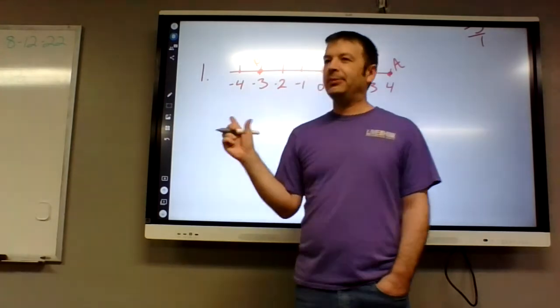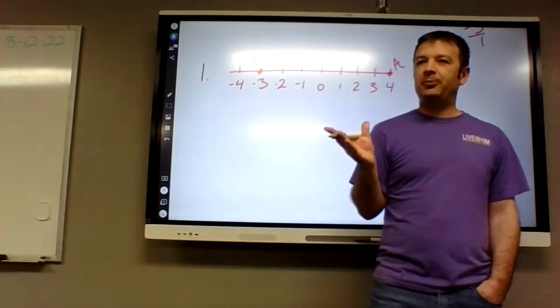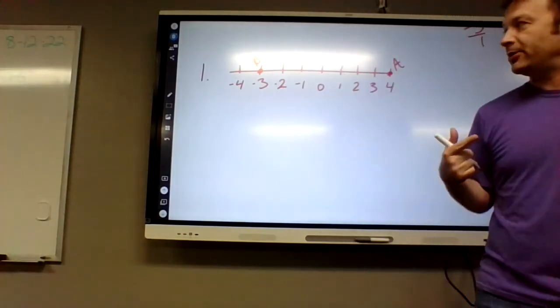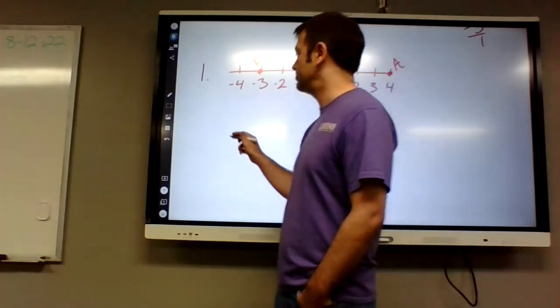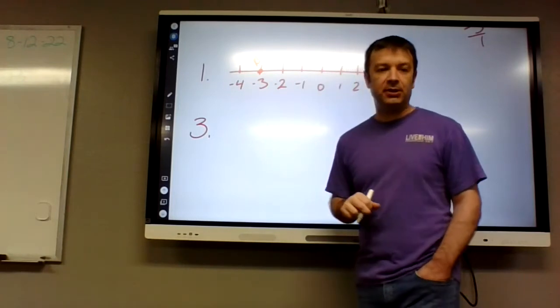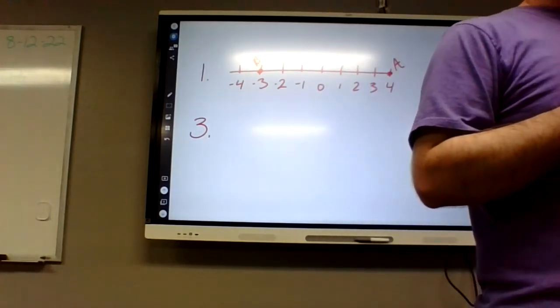Okay, now I'm going to jump to number 3, which means there's a couple ways you could do this. You could do all your odds on the front, the evens on the back, or you could just leave space for the evens, however you want to do it. But I'm jumping to number 3. Okay, number 3 says